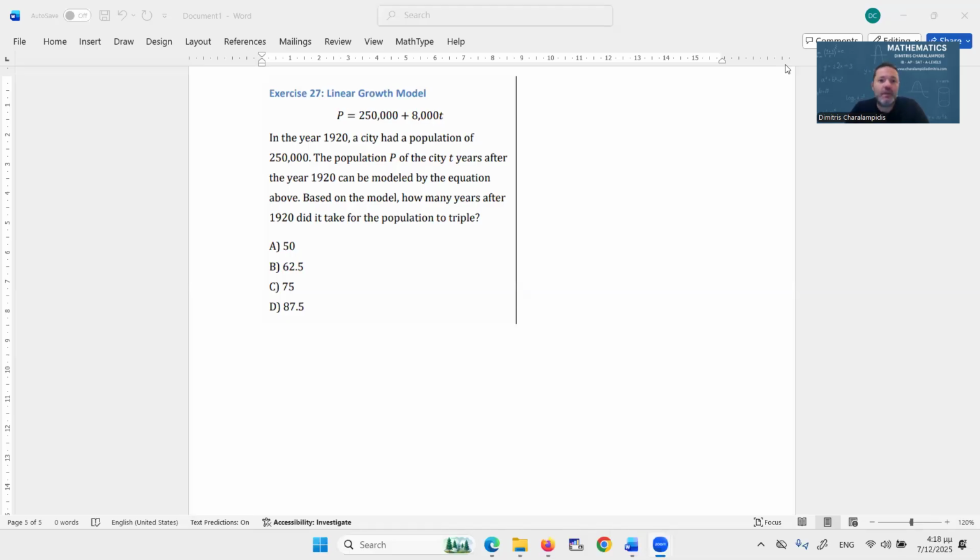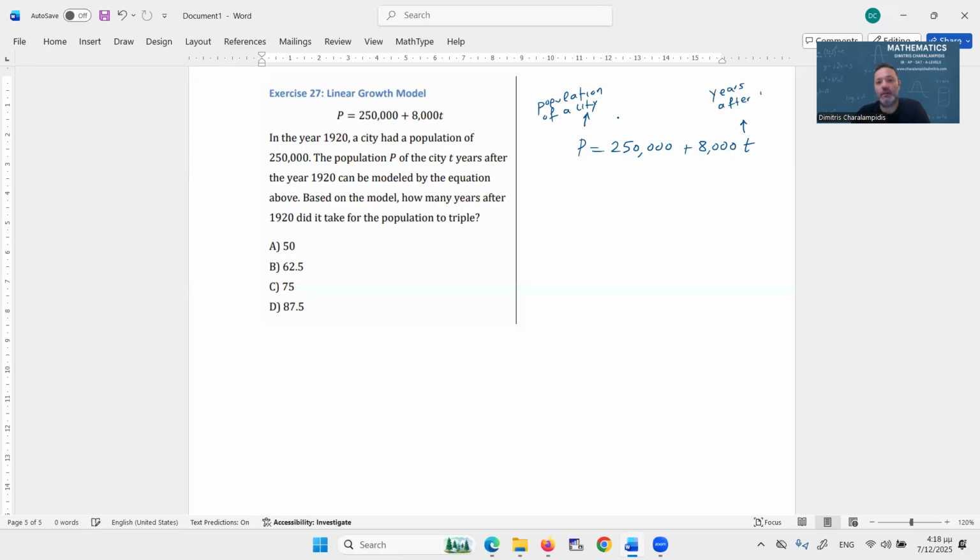Exercise 27. In the year 1920, a city had a population of 250,000. The population P of the city T years after the year 1920 can be modeled by the equation above. So, remember that in all these cases, perhaps the most important thing is to understand which two quantities are being connected. So, we have P standing for the population of a city, and T is the years